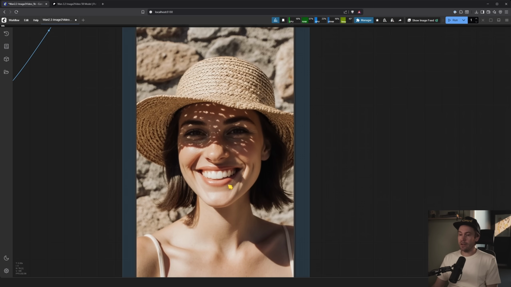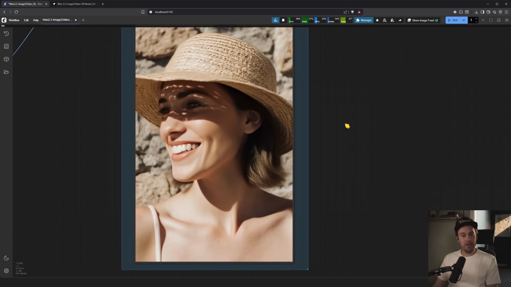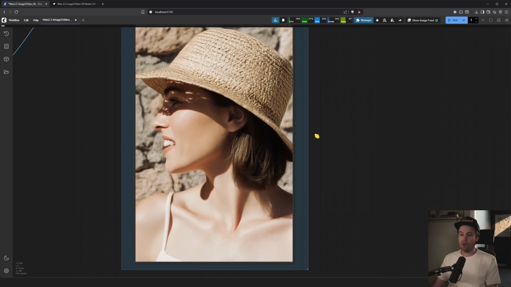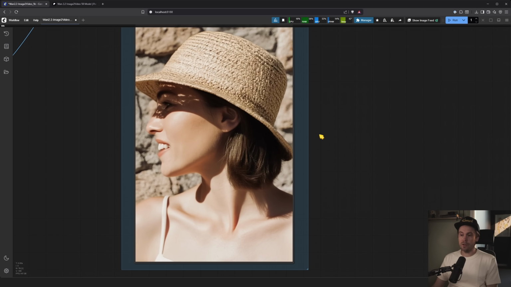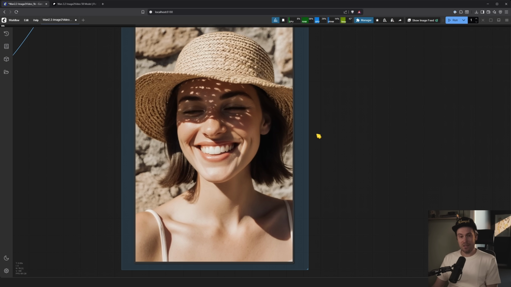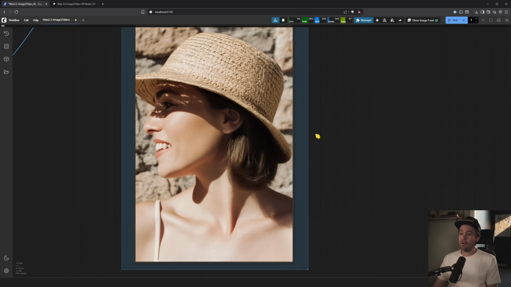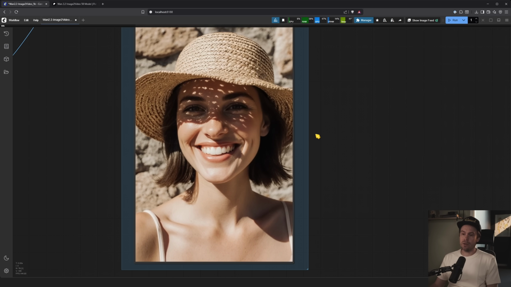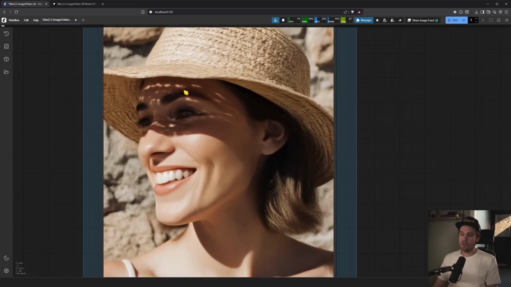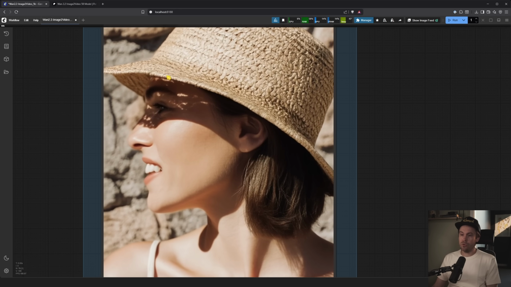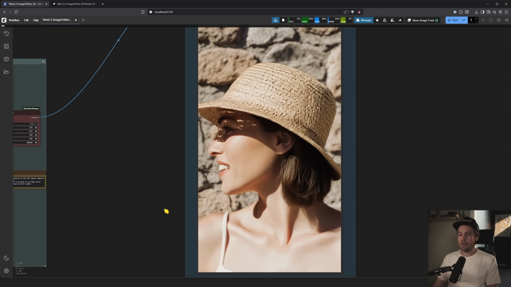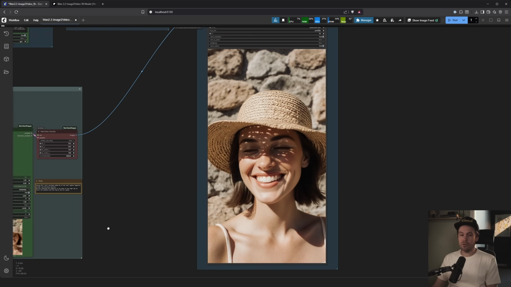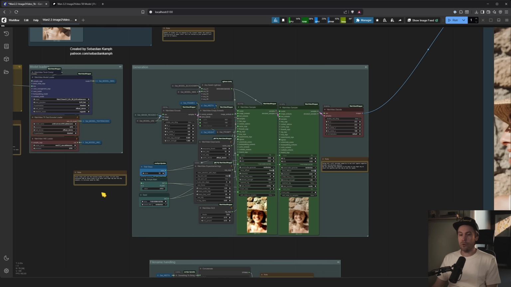And then you're gonna get your beautiful image, or not image, a video actually. So here we have our woman looking to the side. See, it's looking pretty good. And this is a 15-step generation. But I'm gonna show you a little bit how that works. Notice that the sun shining through the hat here is still looking fairly realistic. That's moving about. Now, okay. So what's going on here, right? Well,